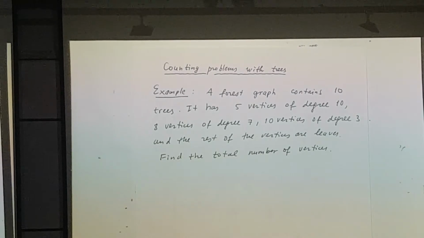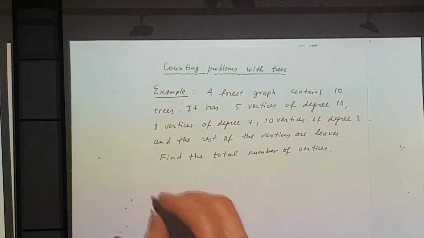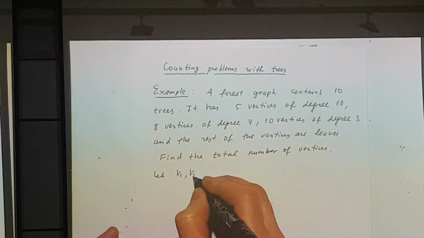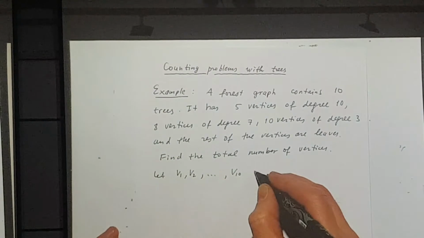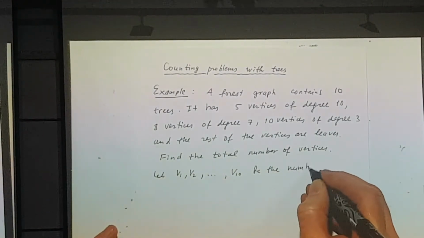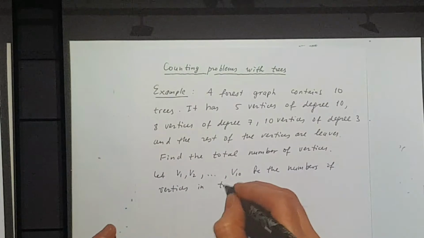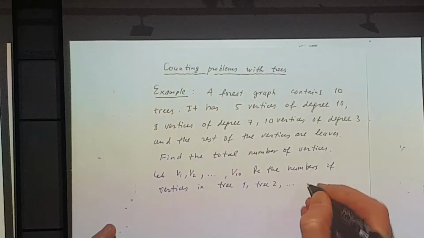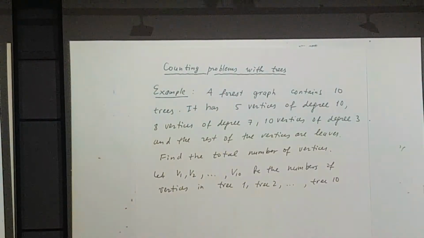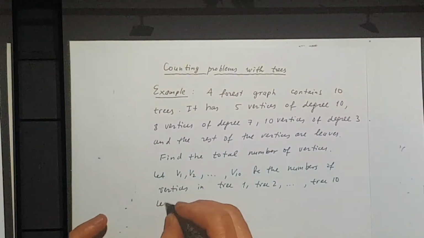But let's see what we can say about the total number of vertices and edges in a forest. So we'll start by introducing the numbers of vertices for each individual tree. Right? So let V1, V2, and dot dot dot V10 be the numbers of vertices in tree 1, tree 2, and so on, up to tree 10, right? So imagine that we labeled our individual trees by some label. It runs from 1 to 10, and then there are V1 vertices in the first tree, V2 in the second, and so on. And similarly, let